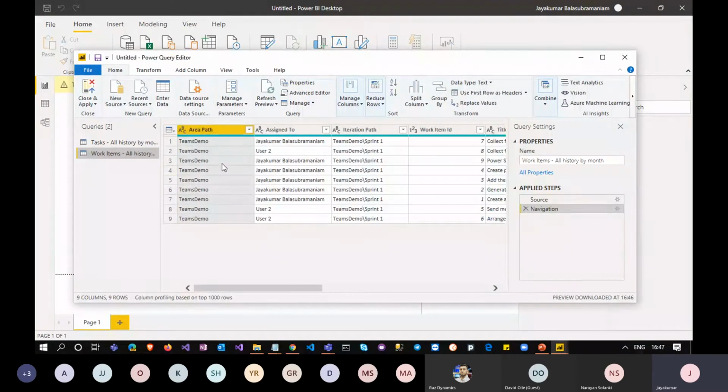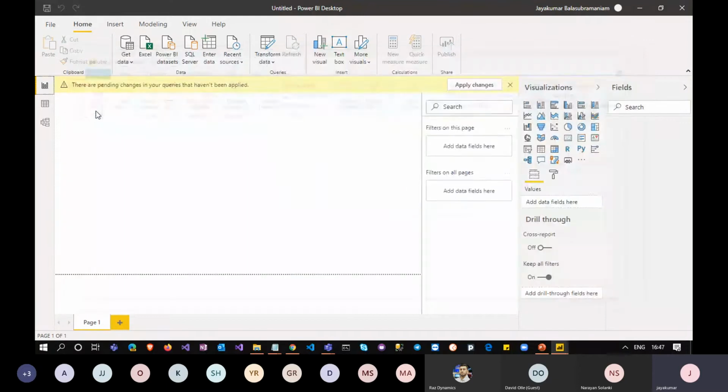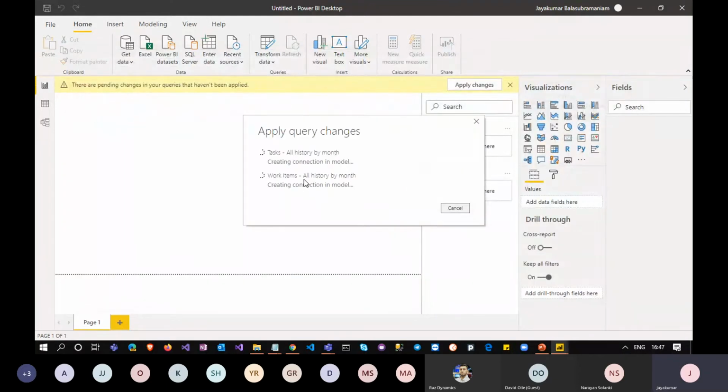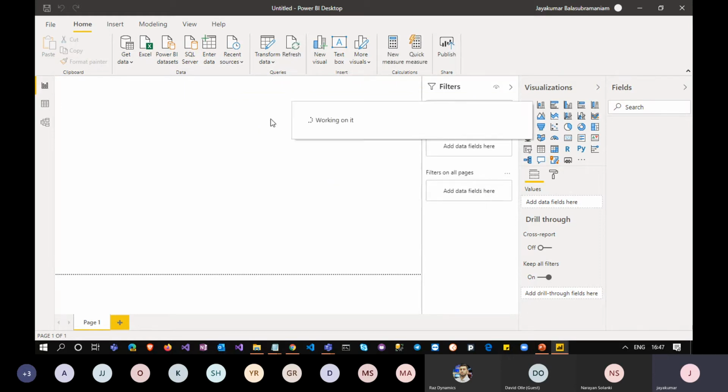These are all the team related items and the tasks that I have assigned. Just going to close and apply. It is querying our data for now. We are done with the connection, and now it is fetching the data. Then we should be able to create the report. Yeah, now we got the data.